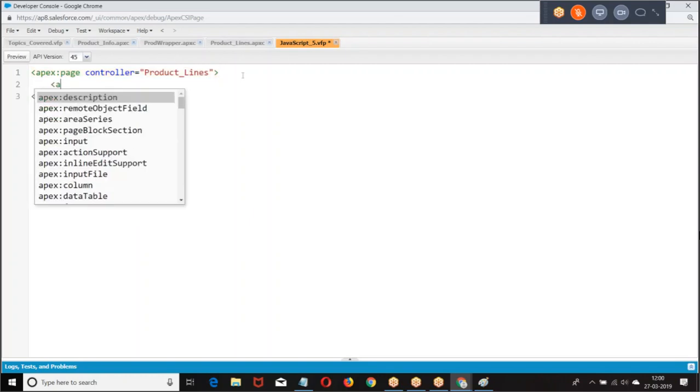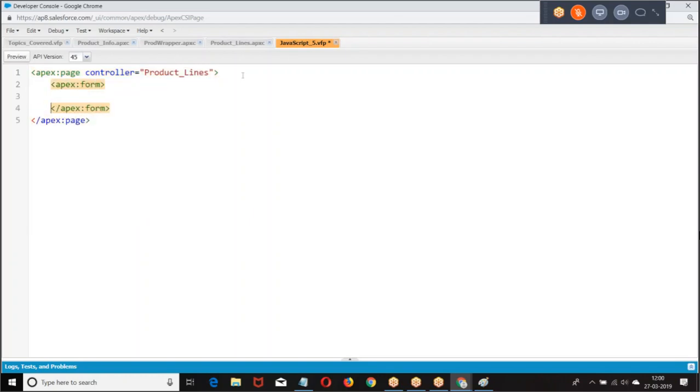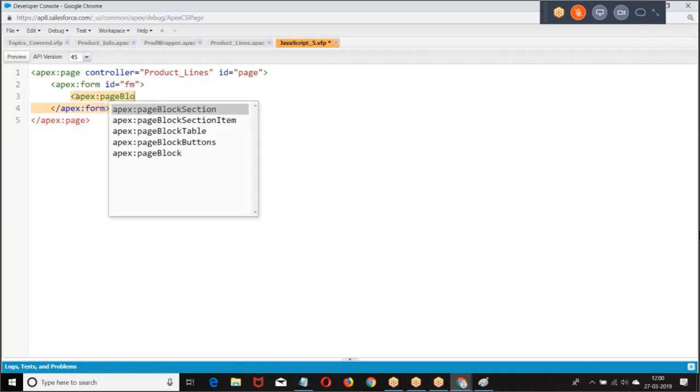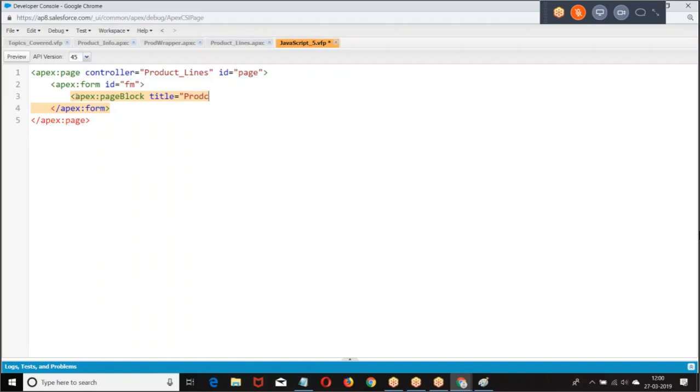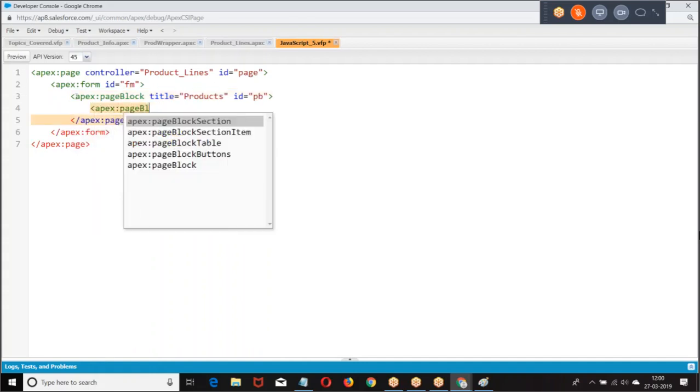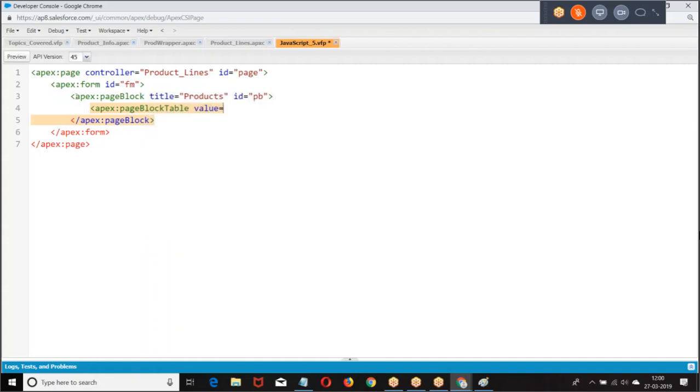Product lines. Page block, value equal to.